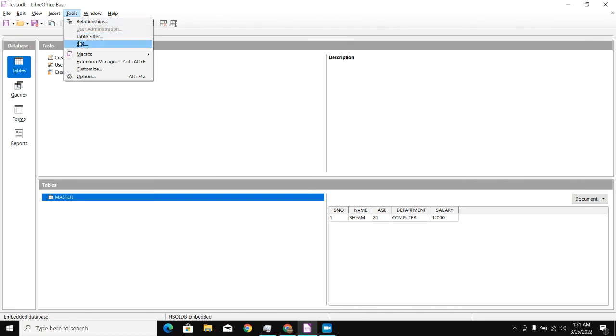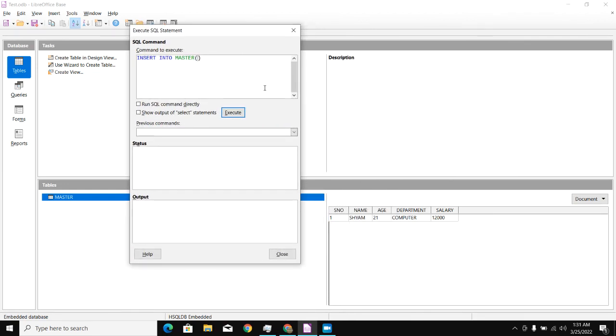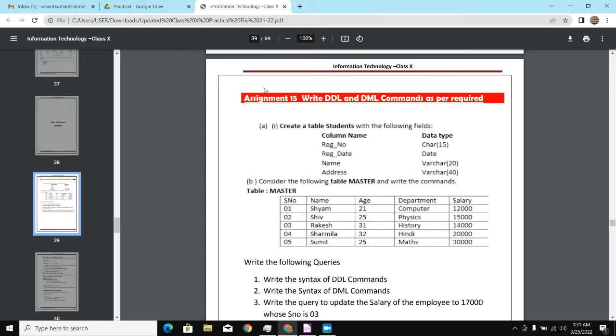For that, go to tools, SQL. Okay, I am using the insert command. Insert command is a DML command, right? Insert into the name of the table, master, right? Which columns you want to insert, you have to mention. Inside this bracket you have to mention serial number, name, age, department, comma, salary, right? I have mentioned all the columns. Now I am going to add values inside. Inside the bracket you have to mention the values, right? So the second record is having the name